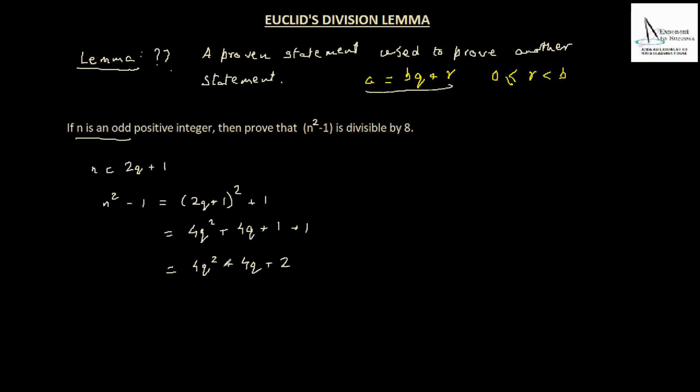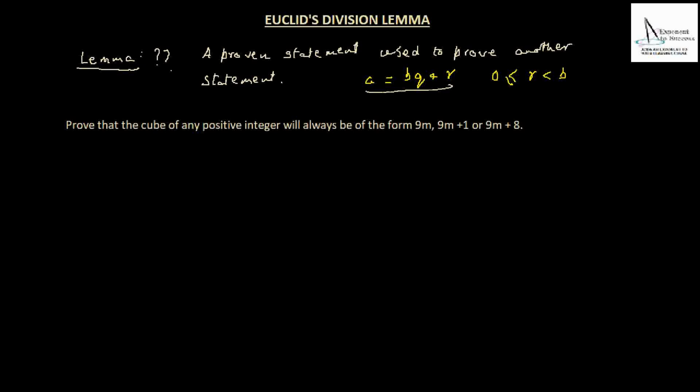So this is one of the common mistakes that people make: when we are looking at the square of a number, we start by taking an odd integer as 2q plus 1. We should understand that when we are taking a square of a number, it should be divisible by 8. So it's a better way to take 4q plus 1 or 4q plus 3, like we did earlier in the video. And to understand the second mistake that people normally make, let's have a look at the previous question again that we did earlier in the video.